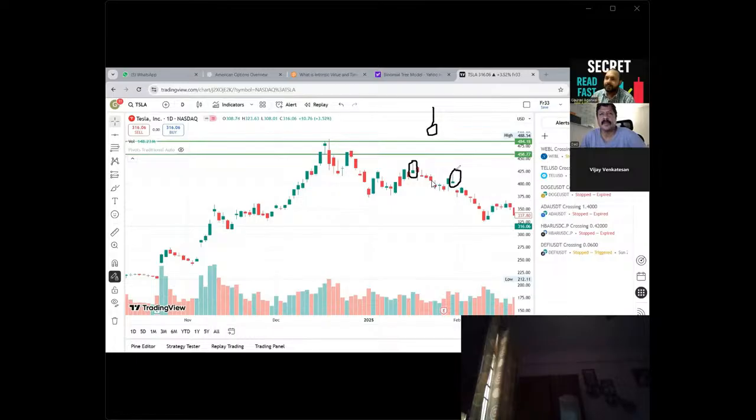The body will be less. The width will be very less compared to hammer. That also we can consider the same as hammer. This is a variety of hammer only. This is a variety of hammer, and this is a variety of doji candle also. So it's a mix of hammer and doji. You can consider this as a part of hammer or doji also, because both the candles we have to trade in the same fashion.